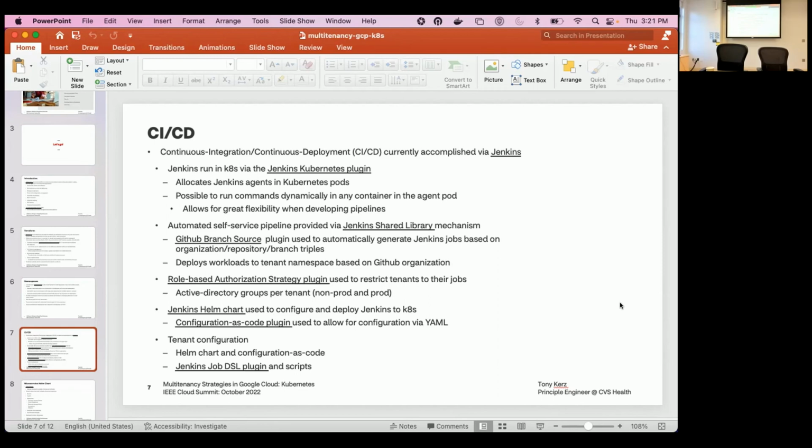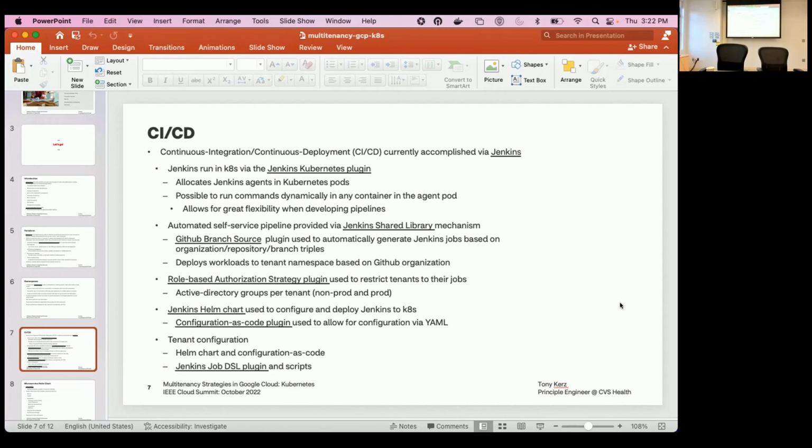And for every GitHub organization, repository, branch triple, there's this automation handshake between GitHub and Jenkins that automatically creates a job that gloms onto that triple, and it can even start them automatically. And so that's another construct that we use to create a self-service construct for our tenants, such that